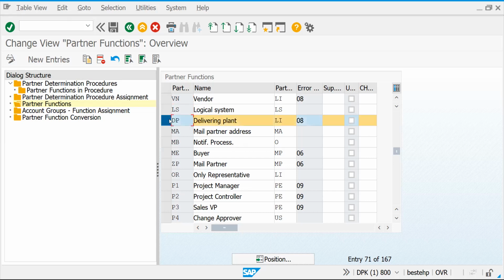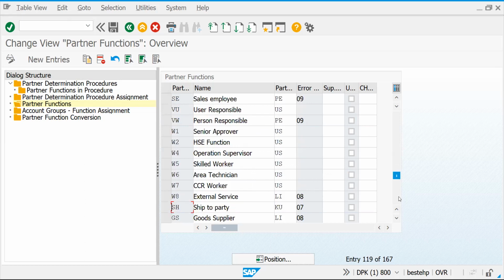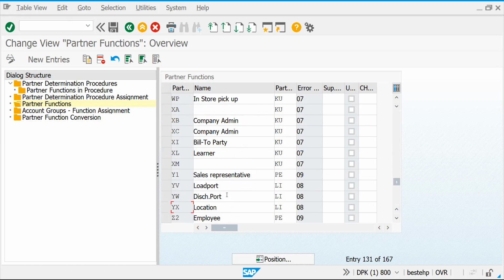You create a delivering plant when, suppose, someone orders from one manufacturing unit to another, and your plant is receiving the stock, not an individual person. Different partners are available: customs agent, customs office, contact address, a lot in standard. If you would like to create your own, you can also do that. It depends on your customer requirements.